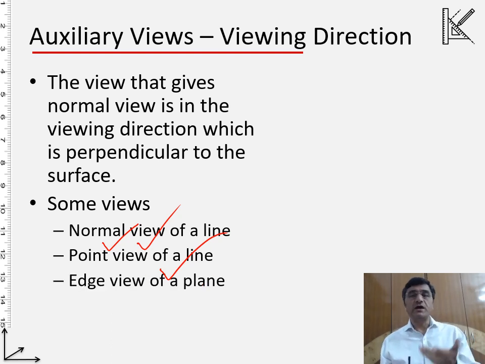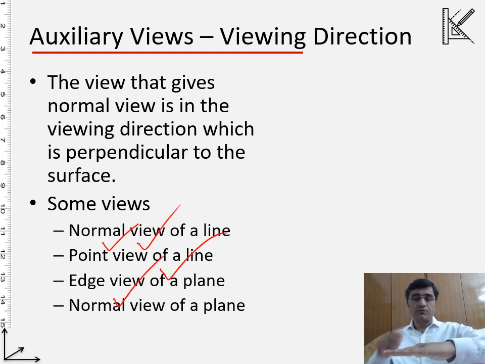Same thing we can do for the plane. Now again think of that glass box that I talked about. Now there is a plane here. Right now the view of this plane is horizontal plane. So the view of this on the frontal plane will be a line. That is what we call the edge view of the plane.